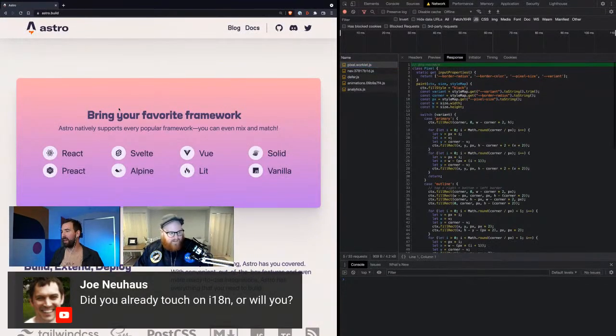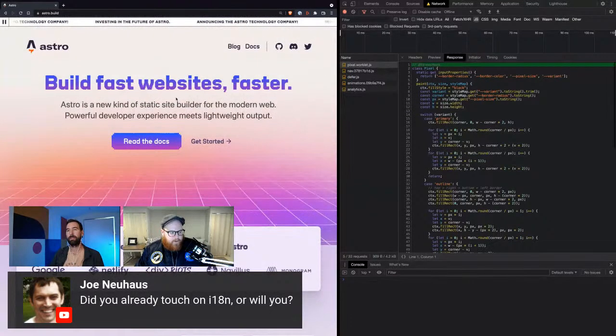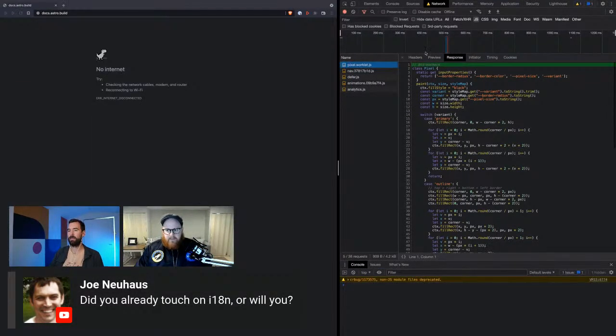Please continue. Got a question about i18n, about internationalization. Any plans on that for the site? And if so, how would you go about that in any Astro website? Yeah, I don't know that we have plans on it on this landing page just yet. We're definitely focused on 1.0 for right now. But our docs do have